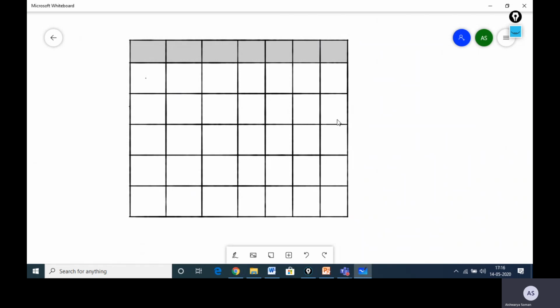I'll show you one exciting thing in whiteboard: it allows you to collaborate with your students. If you invite the students to this whiteboard, they will be able to actually do the match the following. They can collaborate with the teacher and do things on the whiteboard.